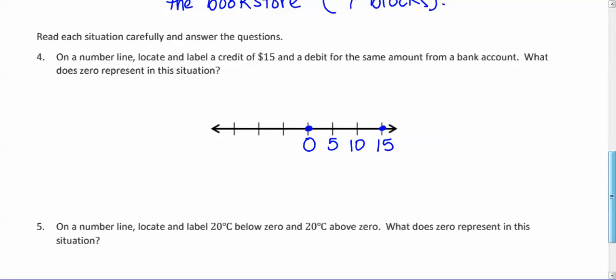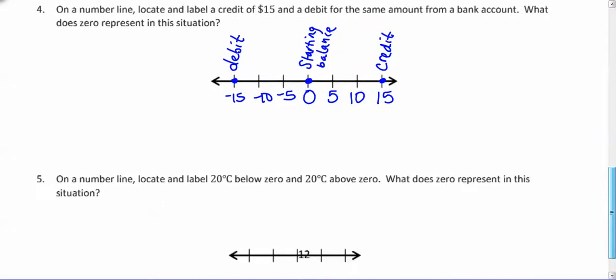So there is a credit of 15 and a debit for 15. This would be -5, -10, -15. That would go right here. What does 0 represent? So let's write here, this is the starting balance. That means what the account started with. This positive 15 is what we call a credit because that was money available to spend, and -15 is the debt or debit that you